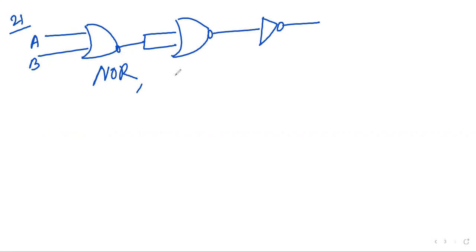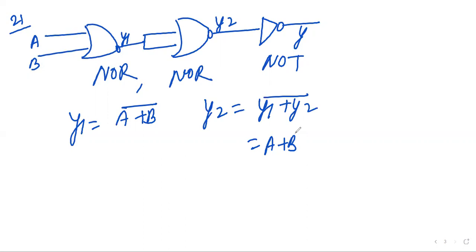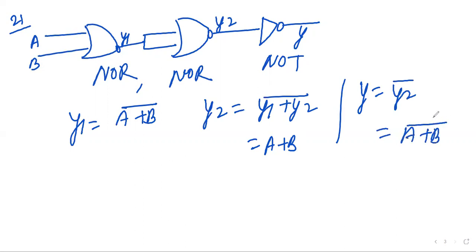So this is your NOR. This is again NOR. Its output is Y1, its output is Y2, and its output is Y. This is your NOT. So Y1 is given by (A plus B) bar, and Y2 is given as (Y1 plus Y2) bar. So after putting the values, you will get A plus B, right? So Y is coming out to be Y2 bar. So it is nothing but (A plus B) bar, which is a NOR gate. So this is given by a NOR gate, whose output is